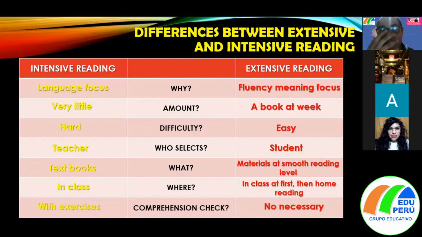But on the other side, you don't have the total control. And it takes a lot of time, because maybe you can give your students a text to read for 1 month or 2 weeks or 3 weeks. But on the other side, you do the intensive one in 30 minutes, no more, or 40 minutes. When they speak, you need more time too. So it's not part of your control. That's why we use intensive reading more than extensive reading.